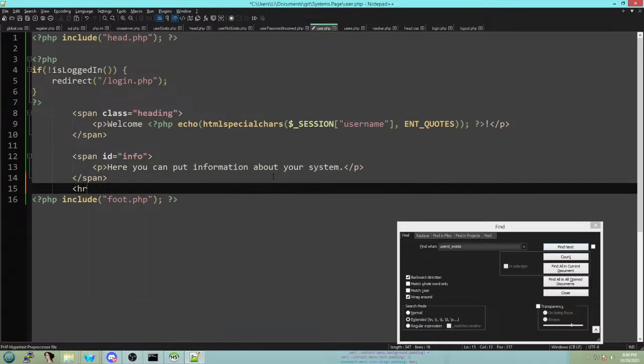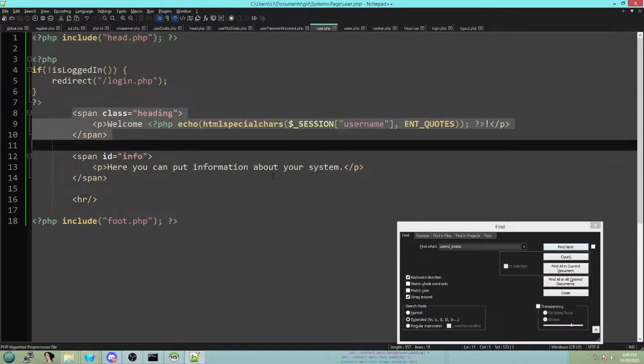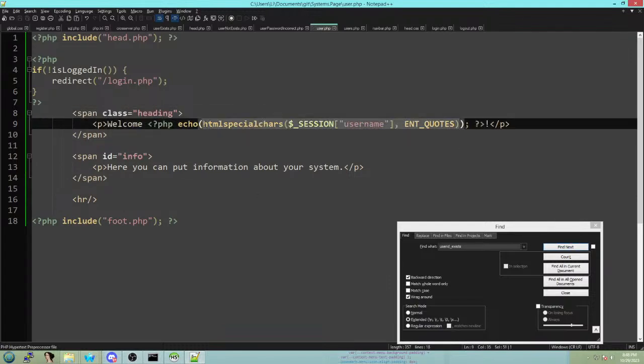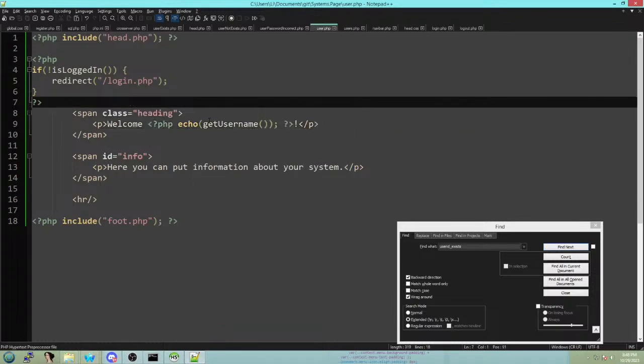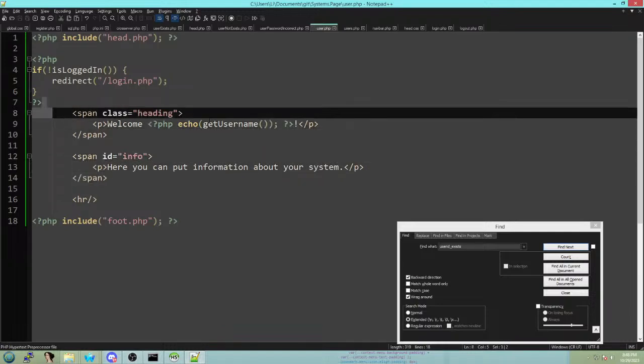HR. And then heading. It's actual use. Echo. Not that it's easy to get. Username. Okay. So in a horizontal line, and then